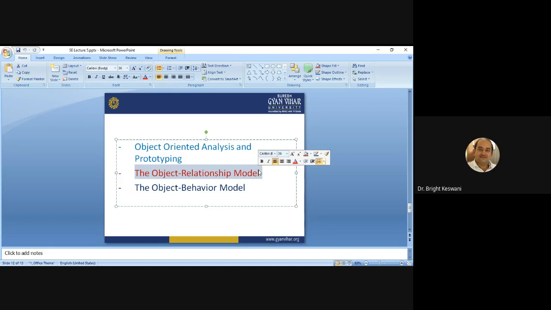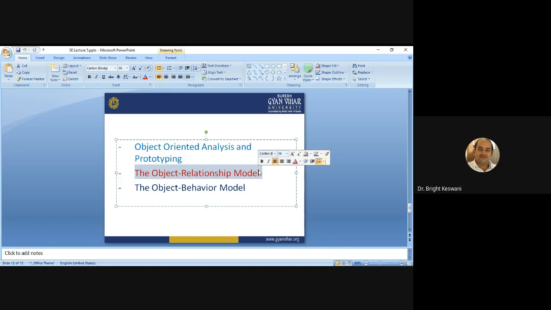The next step is to define those collaborator classes that aid in achieving each responsibility. This establishes the connections between classes. So what is the purpose of the object relationship model? The purpose of the object relationship model is to establish the connection between classes.